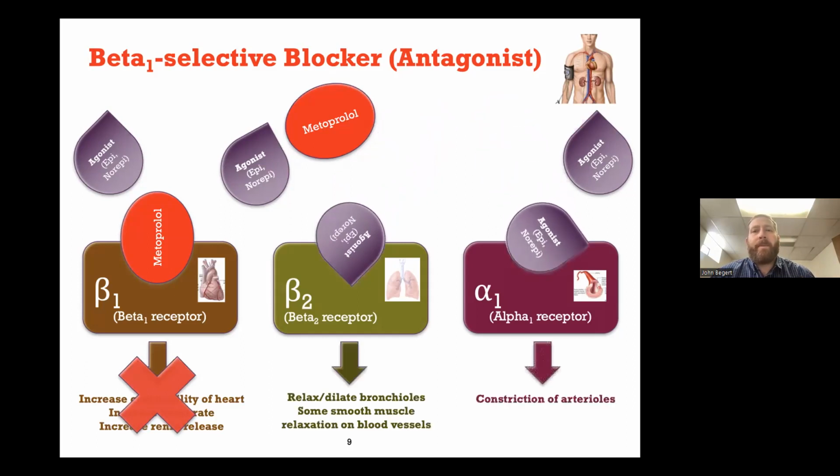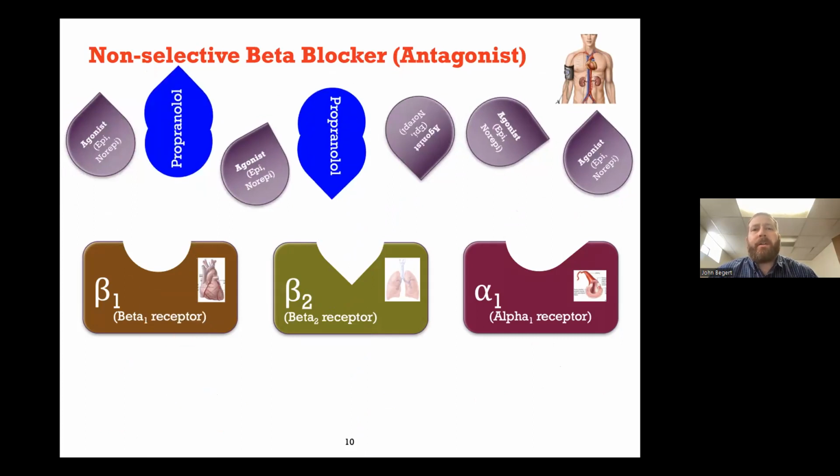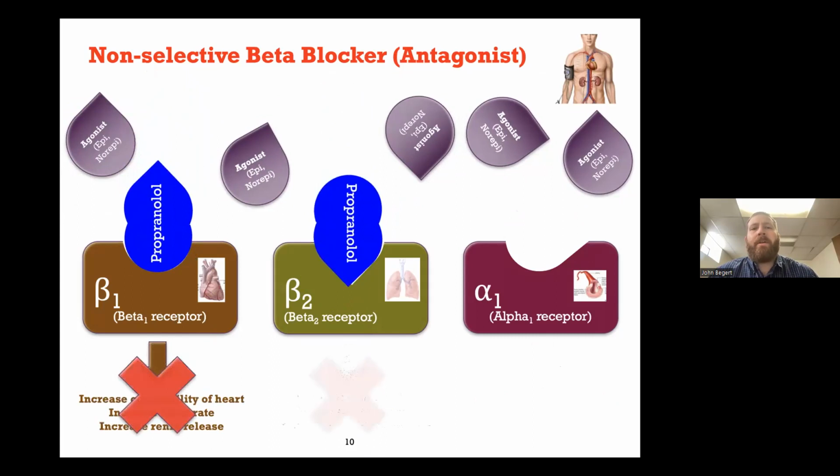And so epinephrine can bind in other receptors and not be blocked at all and do their normal thing. Now, if we have a non-selective beta blocker like propranolol, they block both beta 1 and beta 2. So the issue comes about when epinephrine is utilized, and this is not so much of a concern when you're talking about the volumes of epinephrine that you use in dental implications. However, I've looked at studies that have looked at how the blood pressure changes in patients that are on beta blockers when they do use oral volumes of epinephrine, and it's very slight, maybe slight increases, nothing that's really